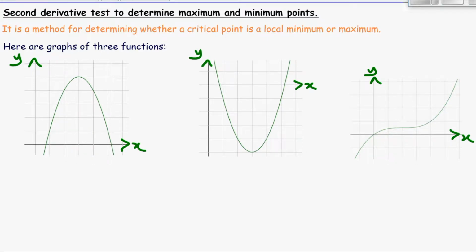The second derivative test is a method for determining whether a critical point is a local minimum or a local maximum. Now I'm going to discuss how to go about this. Here are three functions. The first thing that I want to do is to try and sketch the derivatives of